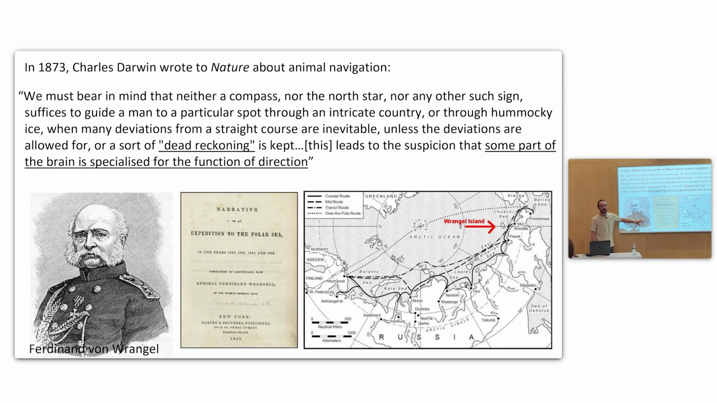Von Wrangel wrote about his adventures in the Arctic area, traveling the ice, and Charles Darwin read that, and he noted, "We must bear in mind that neither a compass nor the North Star nor any other such sign suffices to guide a man to a particular spot through an intricate country or through hummocky ice. When many deviations from a straight course are inevitable, unless the deviations are allowed for and a sort of dead reckoning is kept, this leads me to the suspicion that some part of our brain is specialized to the function